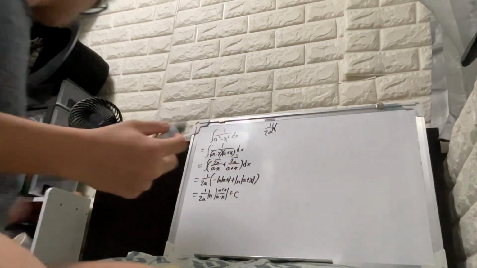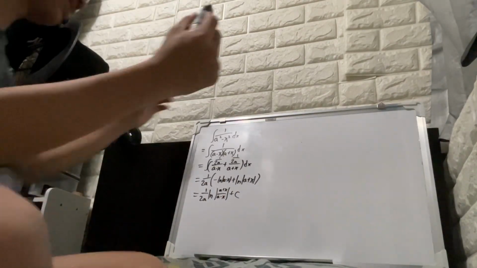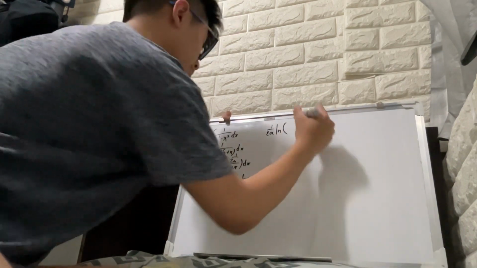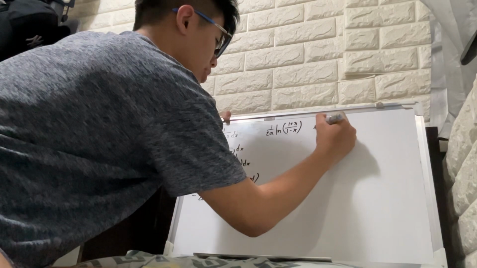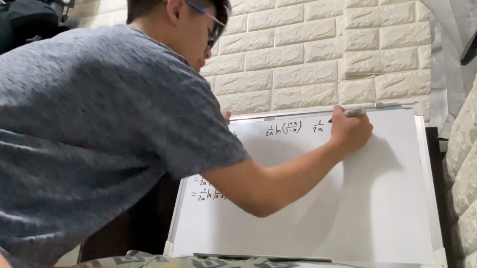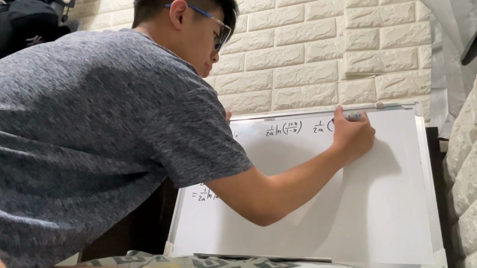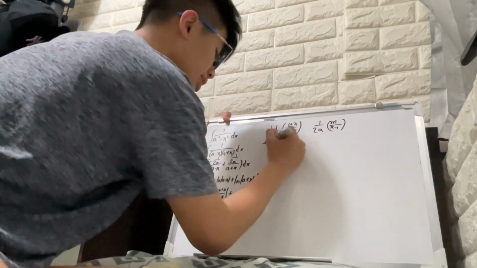Yes, crazy. It's 1 over 2a times ln of 1 plus x over 1 minus x like that, and then another one is 1 over 2a and then 1, but this time it's x plus 1 over x minus 1 like that. And this is equal to